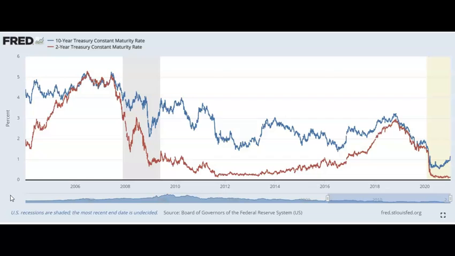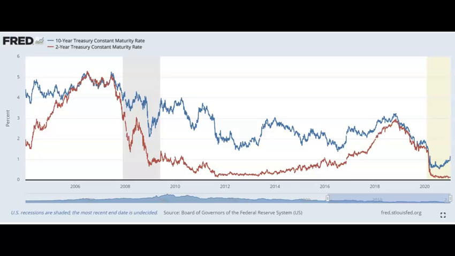Short-term rates rose rapidly as the Federal Reserve went to the bond market to sell bonds to reach its target short-term rate. So when there's a disconnect between long-term investors in the bond market and the Federal Reserve, the yield curve can invert. That's when the yield on two-year treasuries becomes higher than the yield on 10-year treasuries, and that's unusual. So long-term rates are usually always higher than short-term rates unless there's a disconnect. We've seen that happen twice so far in the last 15 years.